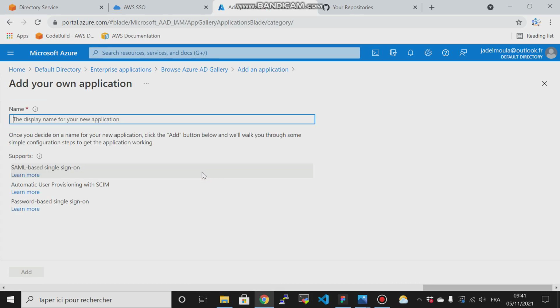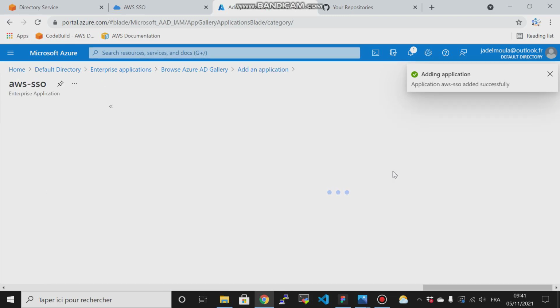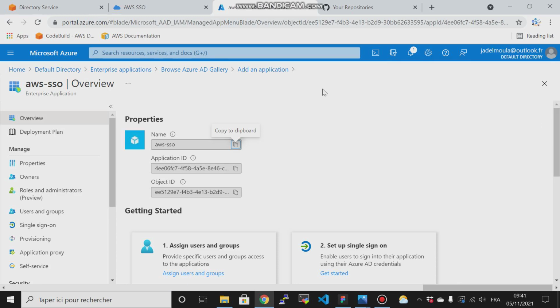I will click on that, give it a name, call it AWS single sign-on, and then add that application. So once our application is created,